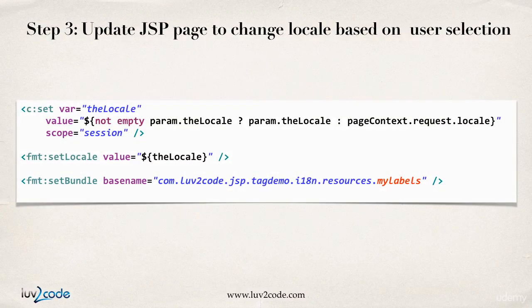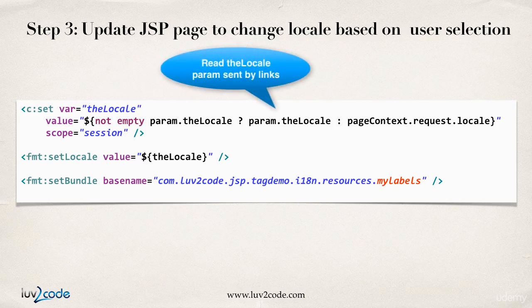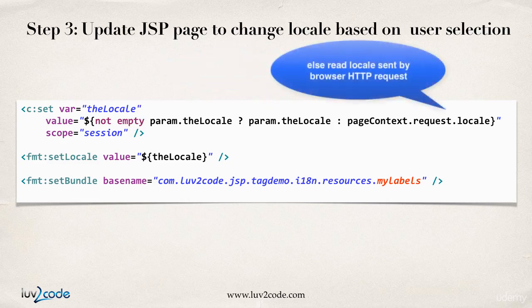All right, so we have the links coming in. So now in this page, we're basically going to read those links and set the values accordingly for the locale. So we can access the link values that were set or selected by the user by using param.thelocale. And on the second line here, we check the value to see if it's not empty, then we'll use param.thelocale. And that came from that href link. Now, in the event that that value is empty or not available, then our else clause here will make use of